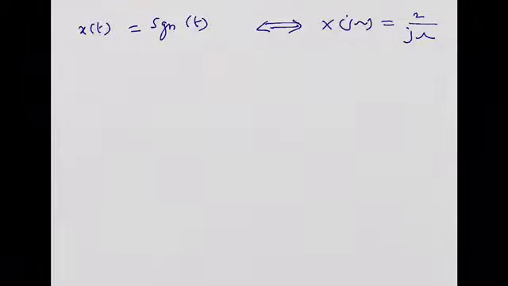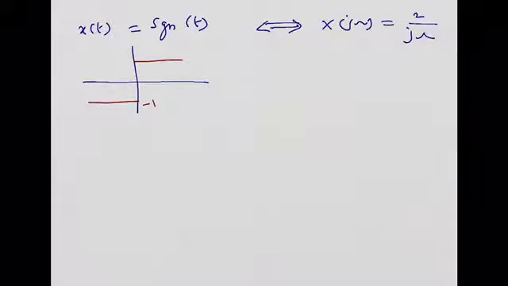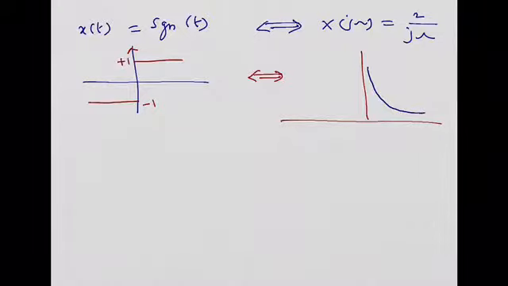So the effective information that I wanted to convey here is, when you take a signal with plus 1 as an amplitude over the positive time duration, and over the negative time duration it is minus 1, if this is signum of t, obviously the resultant Fourier transform will be of this shape. Just look at the graph. So this is modulus of X of j omega.